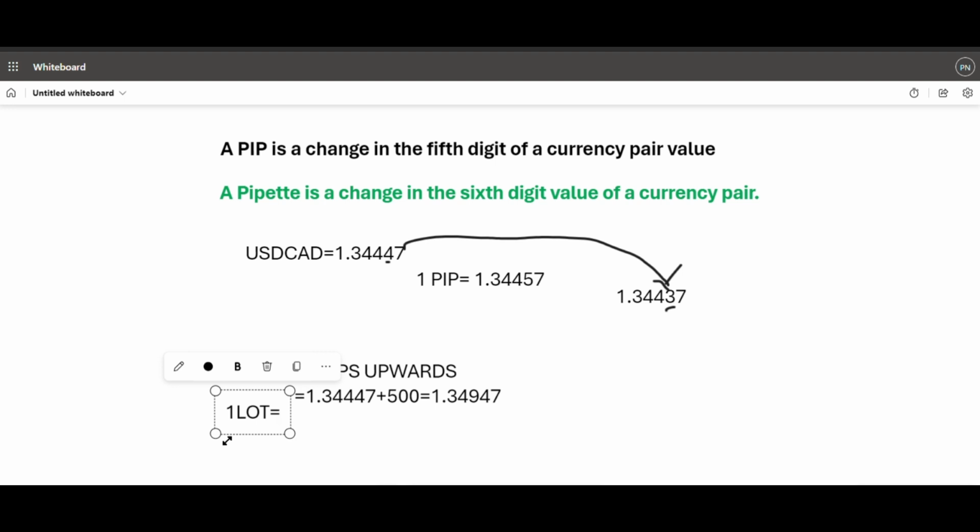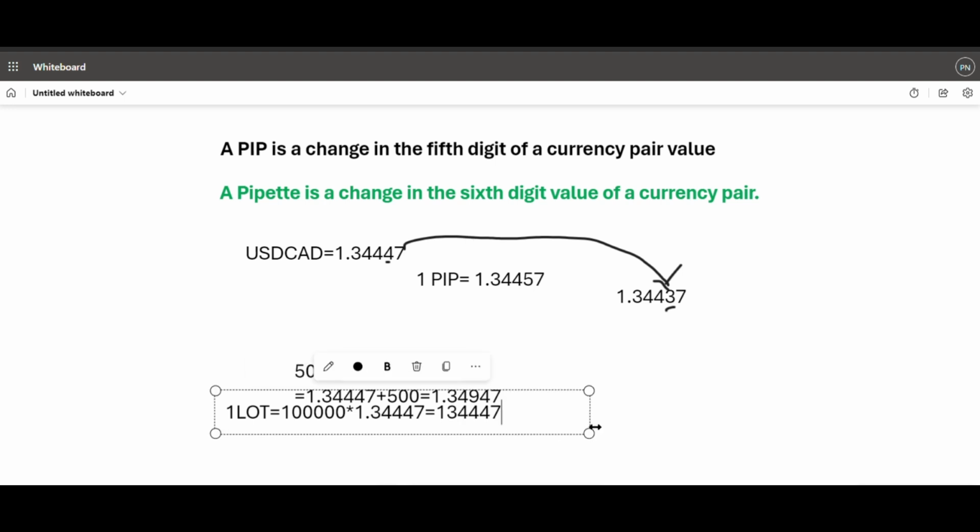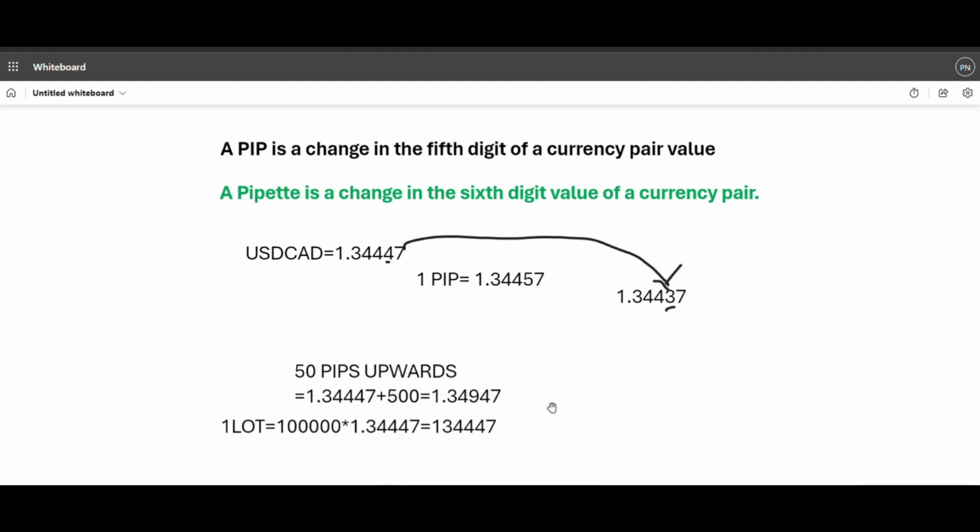So for 1 lot size, what you have to do is just multiply 100,000 times the original currency price, which is 1.34447. So if you place 1 lot sizing, that will be equal to 134,447. And that is for 1 lot size, and it will be in CAD, Canadian dollars. So if the market moves by 50 pips,